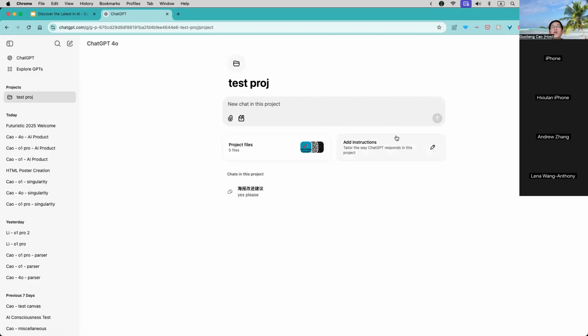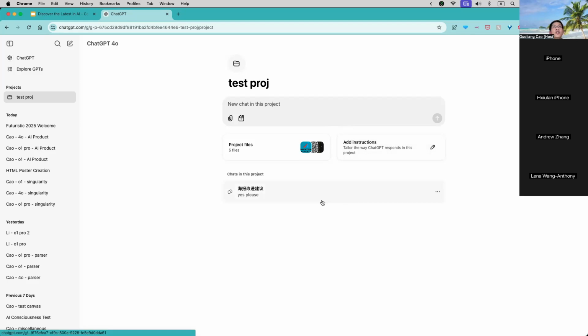Without this project feature previously, you were able to customize ChatGPT for the whole account. But now for each project, you can have additional instructions. Those instructions can be, hey, you tell it about the background of the project. You can tell it what knowledge it should bring in when it tries to answer questions. For example, you can tell it to only write C code, not Python or Java. Those things you can tell in the instructions.